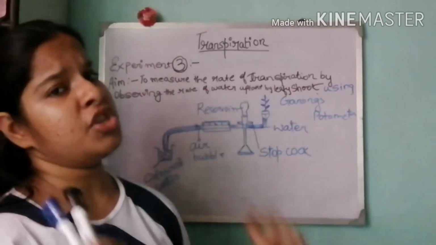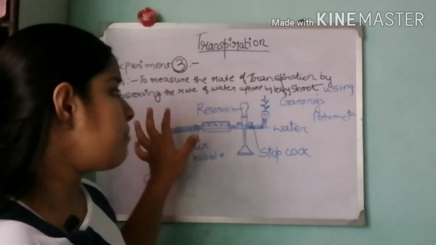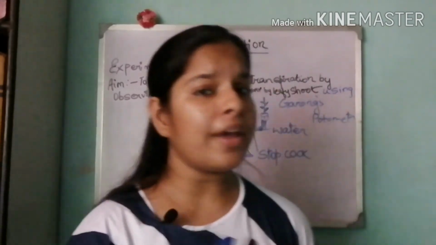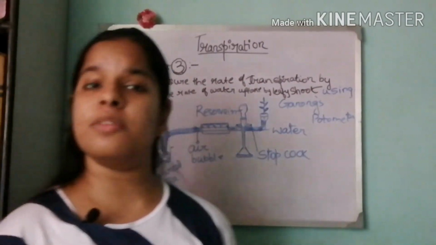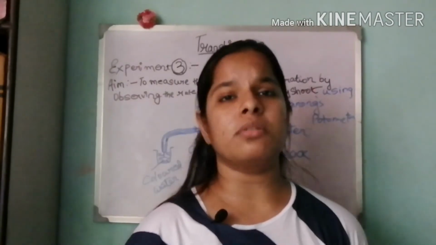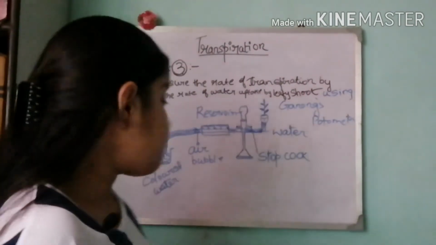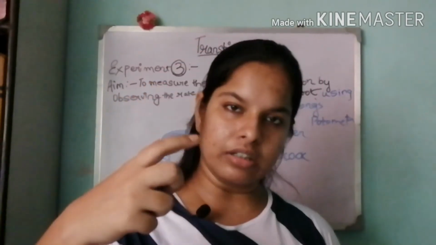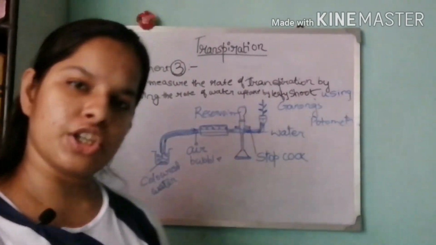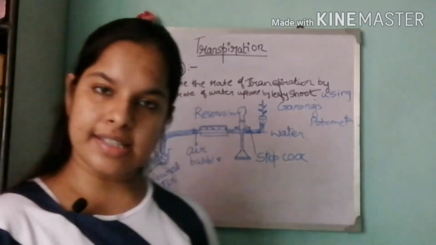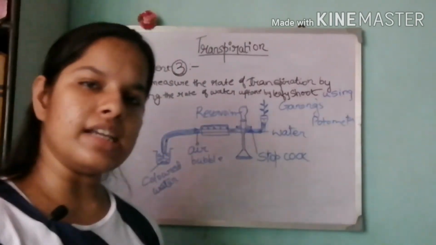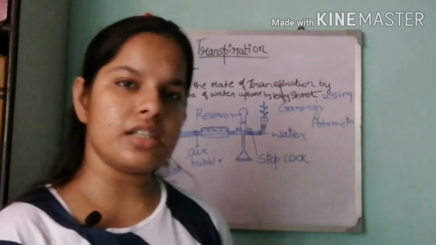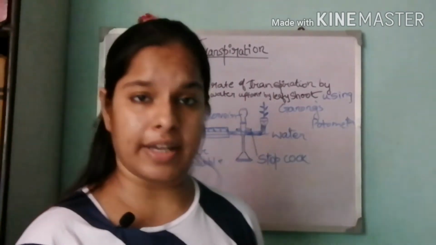One more thing which I would like to share with you is that this air bubble is introduced during the experiment. While doing the setup, no air bubble is present. Your question might be how this air bubble is introduced. It's very simple. Remember, when we lift this bent capillary from the colored water beaker, automatically due to pressure, an air bubble gets inside this capillary. And again, when the air bubble is introduced, we suddenly dip this capillary inside the colored water again.